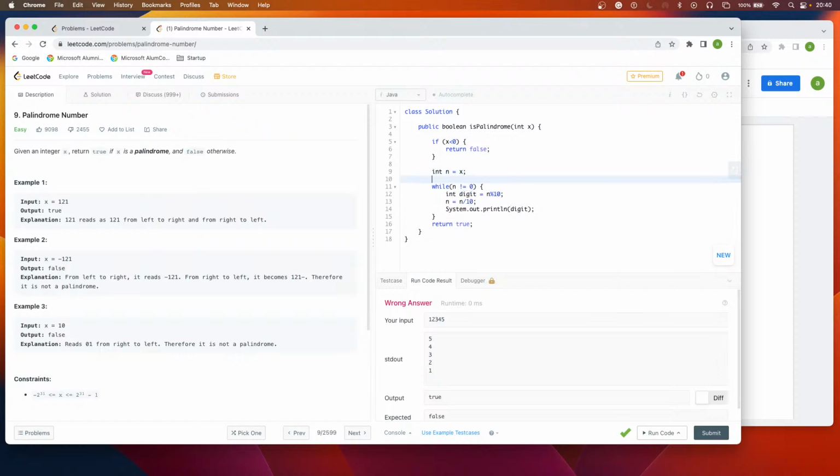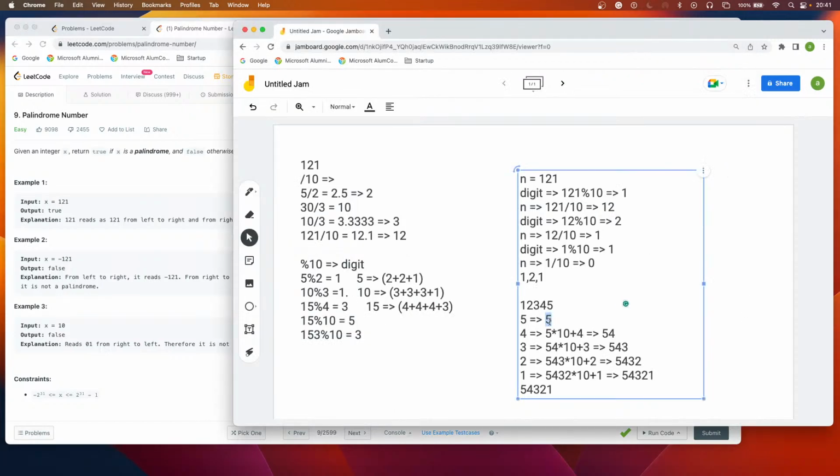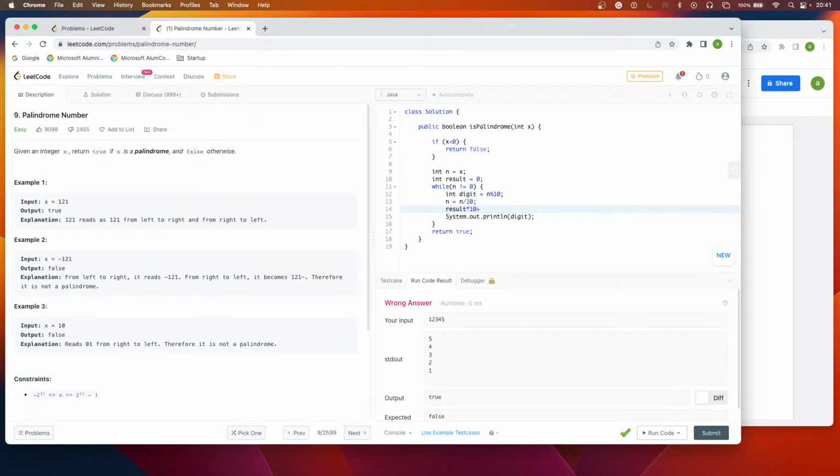Okay, let me put another value, int result. Okay, result equals, I will take initially 0. Okay, now what I'm going to do, result times 10, right? 0 times 10 plus whatever the digit I get here,